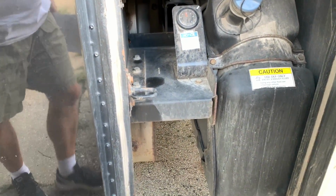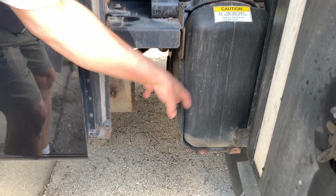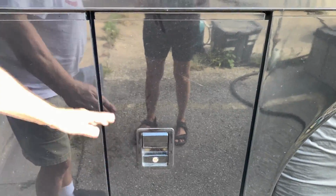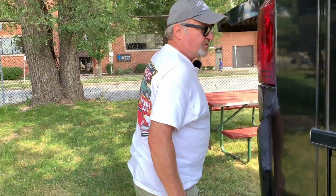This is an example of an open compartment that is vented. No bottom. Now, some vented compartments do have a bottom on it, but it's obvious that any gases would be able to go down. This might be a bad example to show, but that's kind of all I got to pick from. Since we're outside,